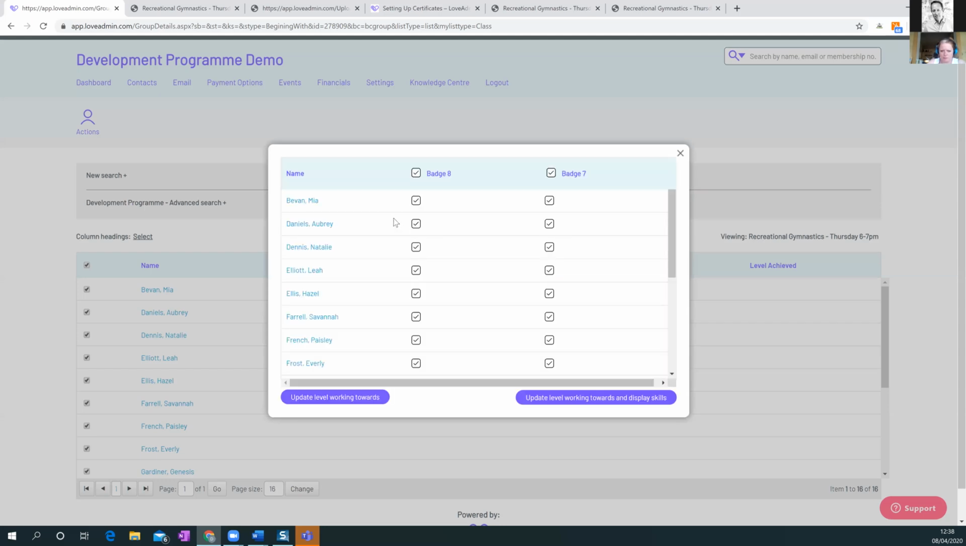Then it will bring up a box which allows me to customize this on a child by child basis, because it might be here that Leah is working on badge 8, but actually she's not working on badge 7, so I can just turn that one off for her. 2 options down the bottom, so I can update level working towards, and that's all I want to do, and then I can go off and do whatever else I need to do. Or I'm more than likely going to do update level working towards and then display the skills for those levels. So if I click on that option there,